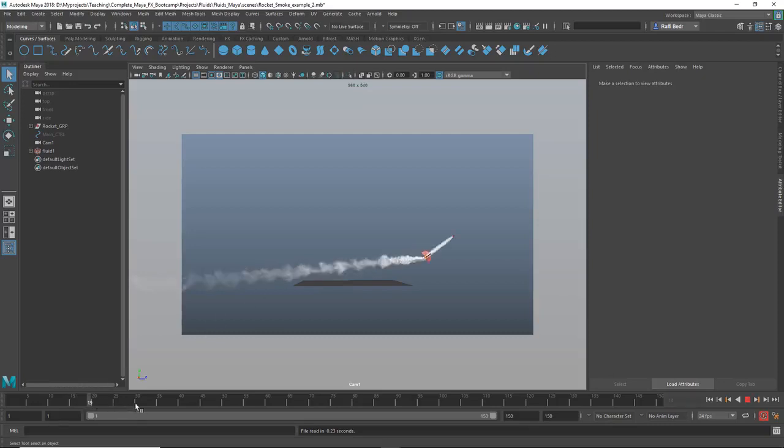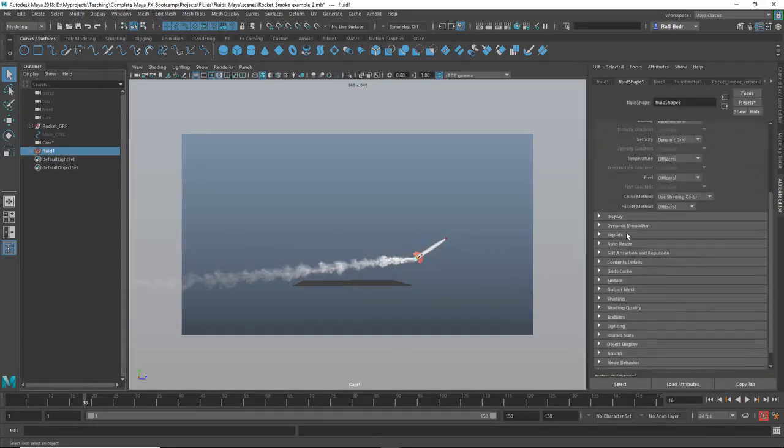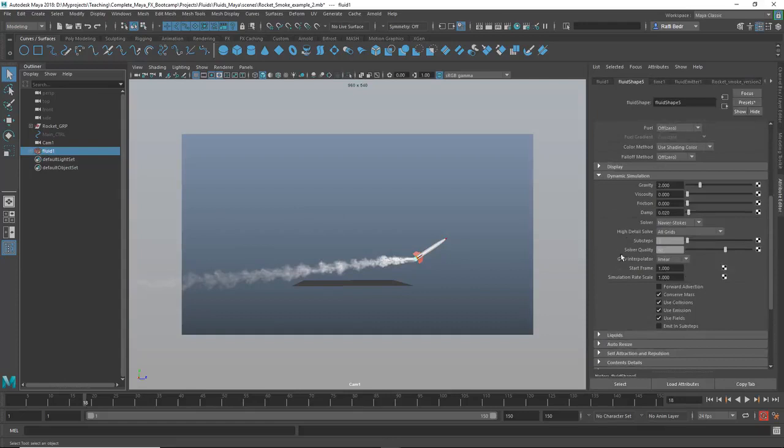And another problem, you'll notice when I scrub the time slider here, as you see the smoke is rising like that, okay? We need to push the smoke in this way. So these are the problems, okay? And the reason we get these problems is because this animation is much faster than the previous animation, okay? It's too fast. So we can fix that by selecting the fluid, and let's scroll down to dynamic simulation, and